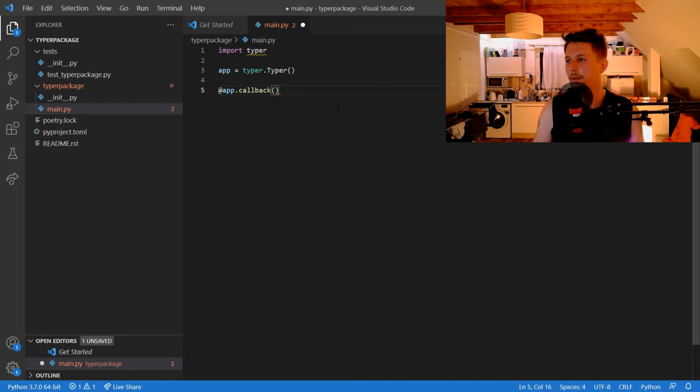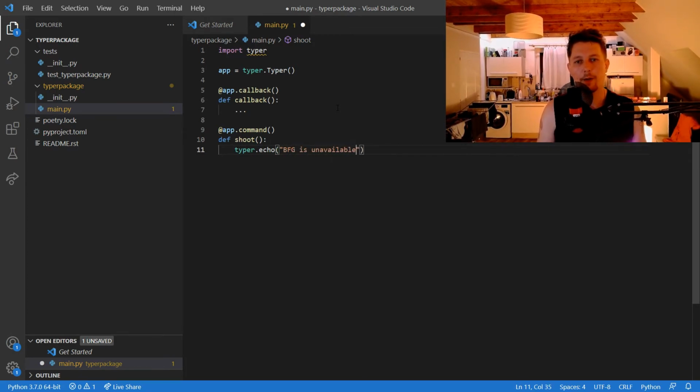and the app.callback is going to be a callback function, and we will pass it, and we will have an app.command shoot, and typer.echo bfg is unavailable,